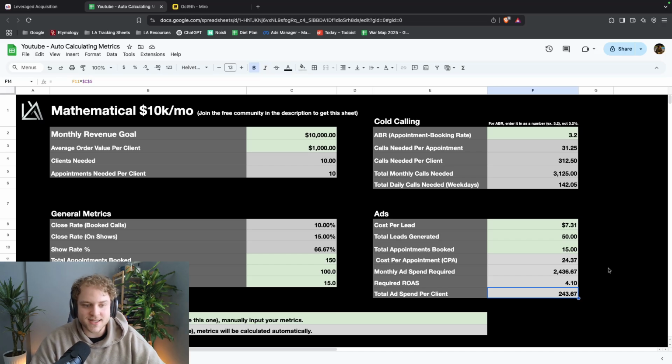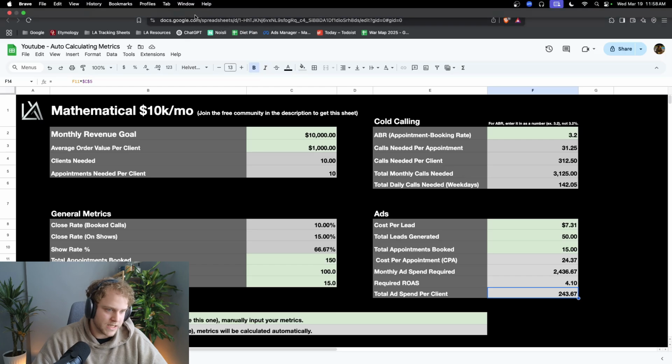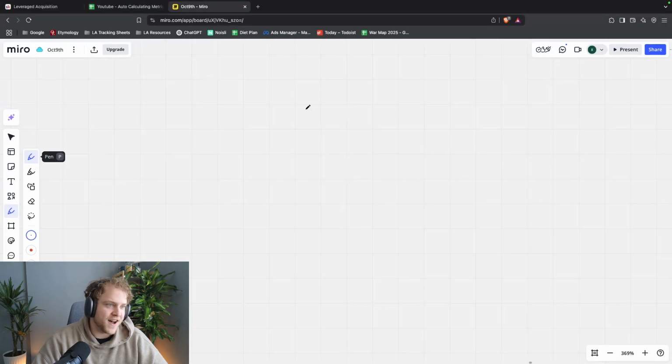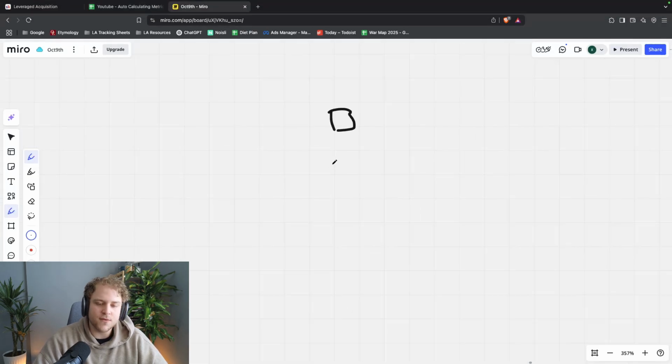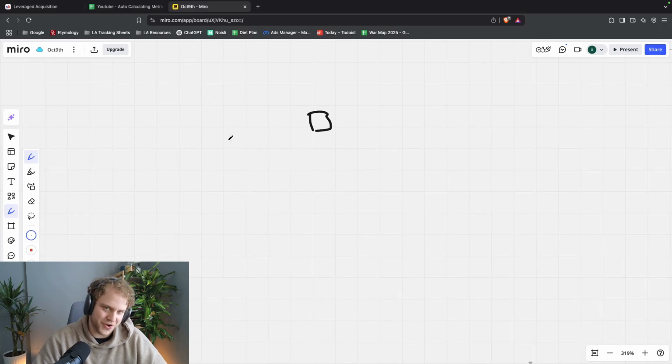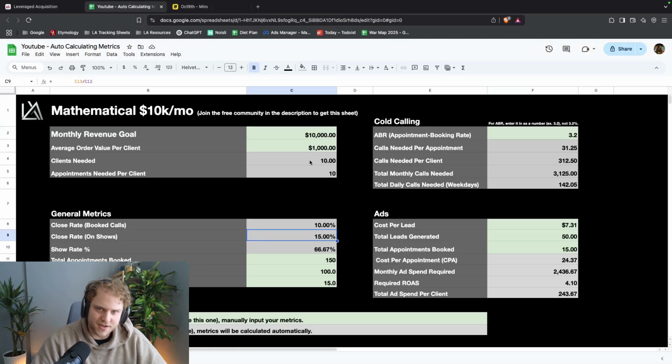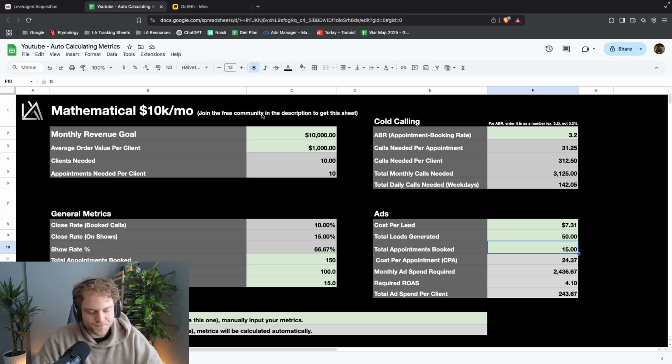So this is exactly a mathematical process to start signing clients, and every day you sit down on your computer and you know what to do. I wish I had this when I started. What I want to talk about now is what I call bottleneck testing. And what you're going to find when you're looking through these metrics is you're going to have probably one or two